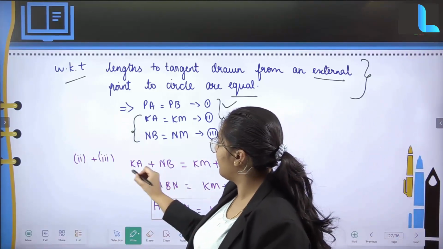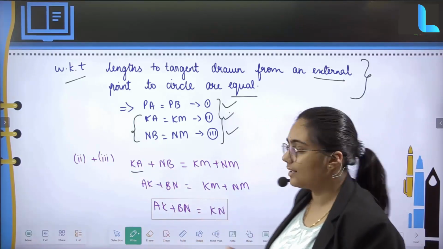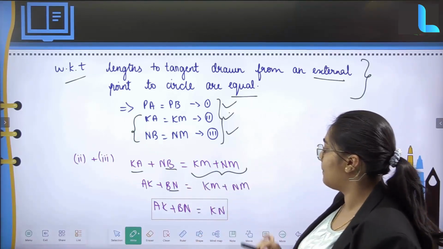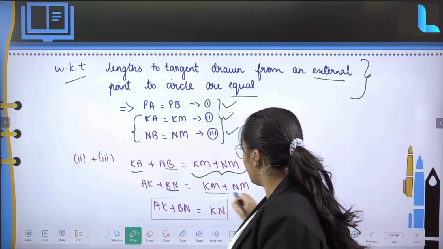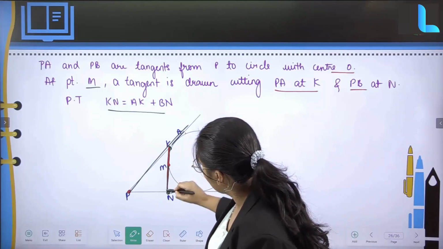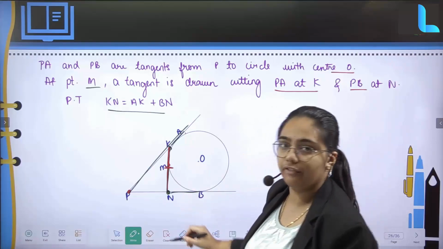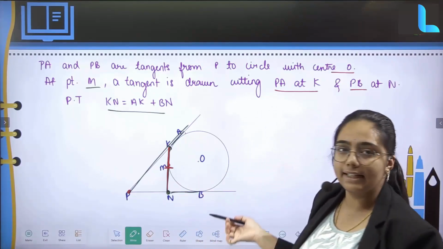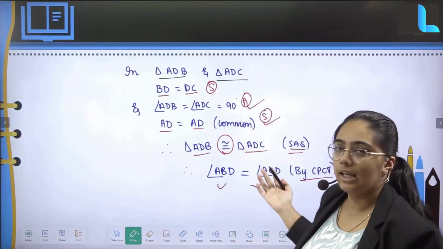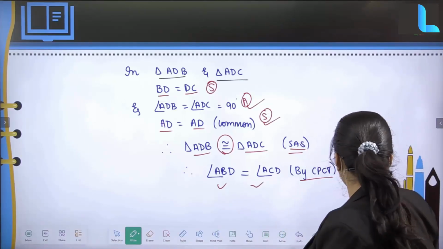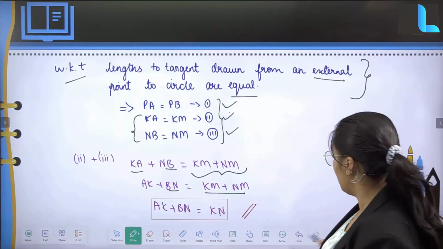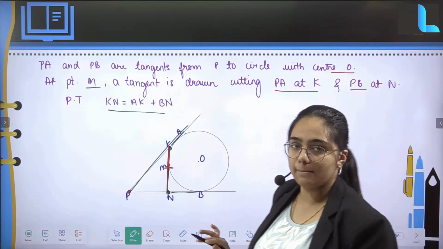From this, again I can write KA is equal to AK, NB is equal to BN, and this whole thing I will keep in the same manner. From this, KM plus NM is equal to KN is what I will be getting. That is, if I split it, there is a split KM plus MN. If I add both of them, the whole thing I will be getting as KN. If you draw the diagram subsequent to it and look into that, it is going to make much more sense. Right, that is all for this question. So you had to prove that KN is equal to AK plus BN. So we have proved that KN is equal to AK plus BN.